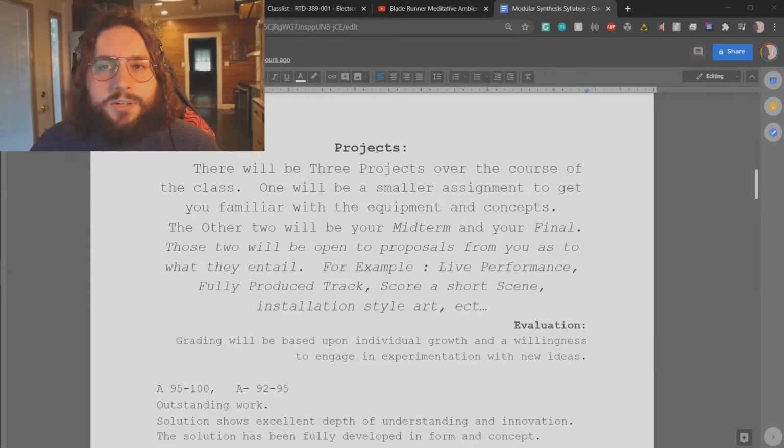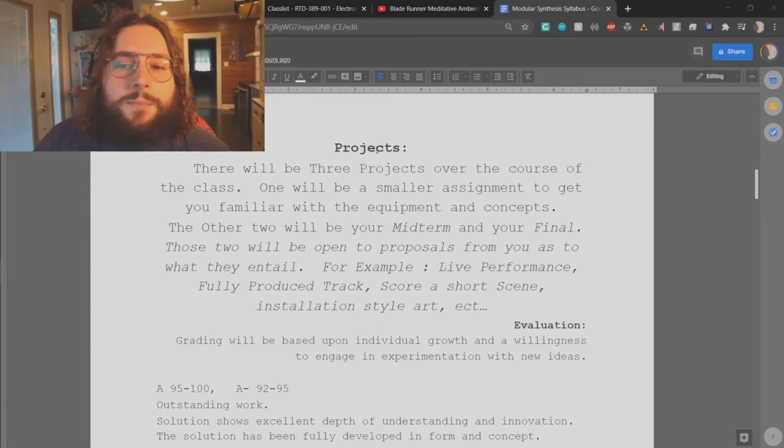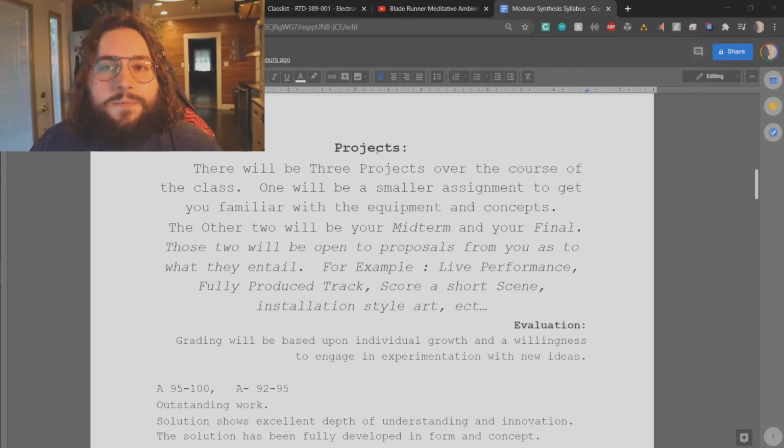You can set up a sequencer, a hardware sequencer plugged into it, and that's a lot of fun. You could use one of those percussion pads to play. Whatever you want to do to create some sort of performance, that's an option, but you can also do a produced track using Ableton to interface with VCV Rack and record it, and record a fully produced song. Or maybe you want to use that same technology to score a short scene for a film or a project